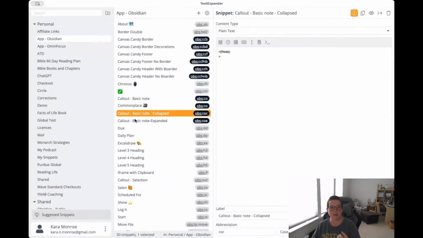If I had kept doing this, I would have had to have a different text snippet for every single call out type and whether I wanted them collapsed or expanded. And now with just one snippet, I've been able to do all of that, and then I don't have to remember anything. I just have to remember OBS semicolon out, and that will let me select all of my text expander snippets, which is a great option.